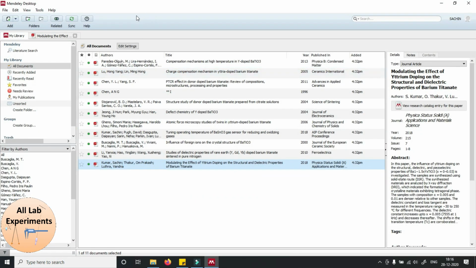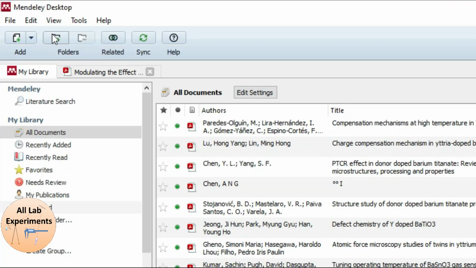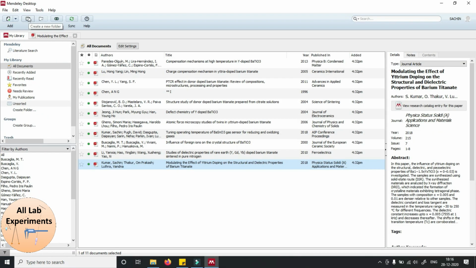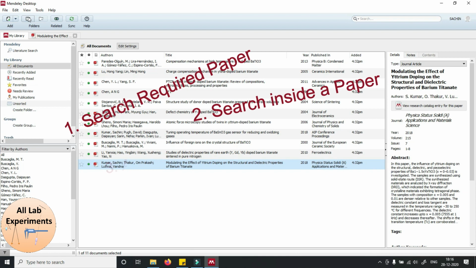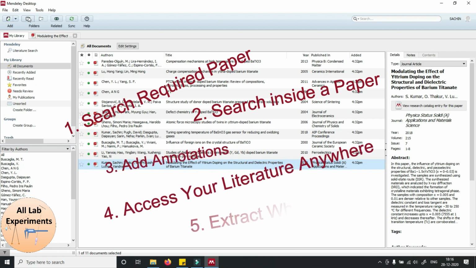Even if you want to manage these papers further, if you are working on two topics and for one topic you want to keep your literature separate from the other topic, you can create some folders in this and keep different literature in different folders. So that is up to you. You can explore these options further, which are not much difficult to understand. In this way you can manage your literature and get maximum output out of it using Mendeley software.